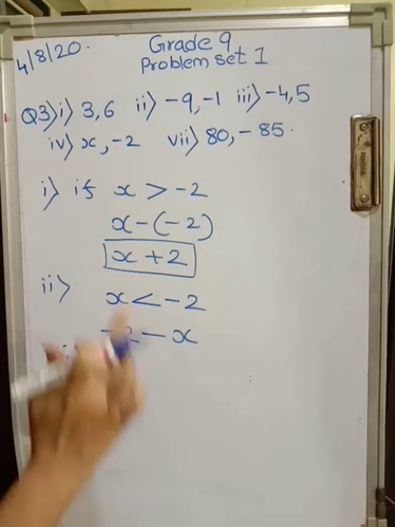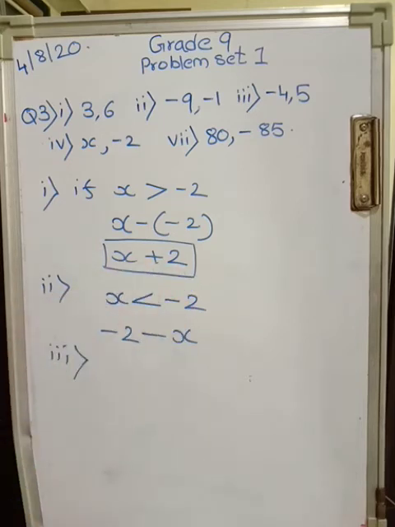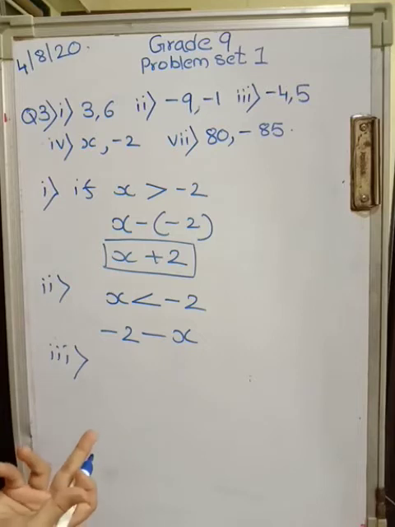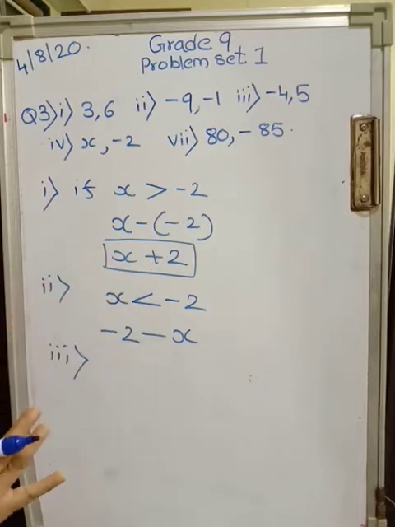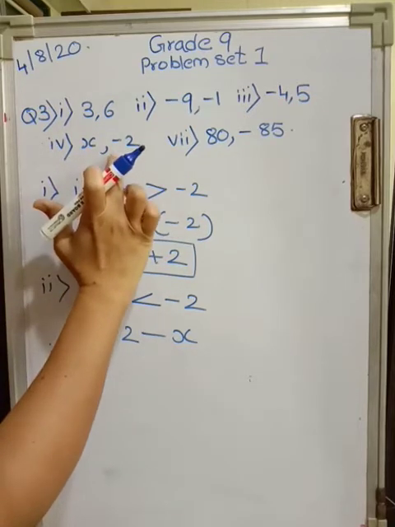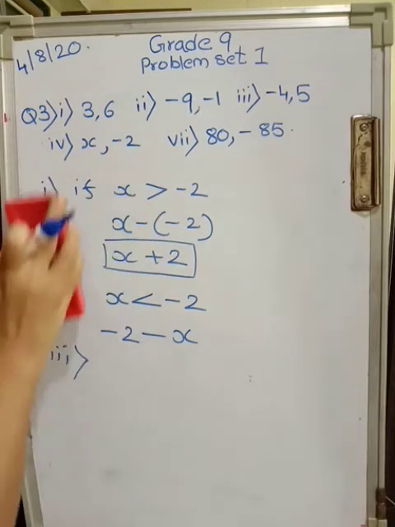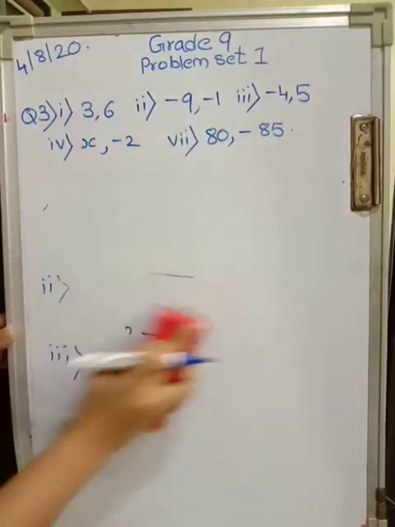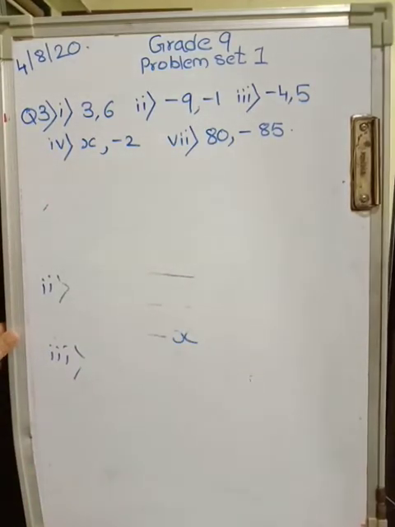If x is exactly equal to minus 2, then the distance is 0. It is one and the same point. So that is the third possibility. These various possibilities you have to consider and then you can write the answer for this. Alright. Now this was your question 3. Let's quickly go to question 4.